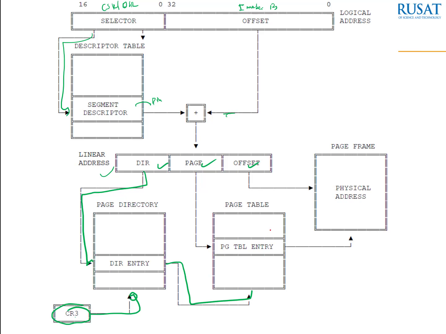Keep in mind that each process or segment will have its own page table. So the number of page tables is equivalent to the number of segments currently allocated to processes. The page directory is unique, system-wide, operating-system-wide. The page field indexes into the page table entry, which points to the base address of the page frame. The offset is added to it to generate the physical address.